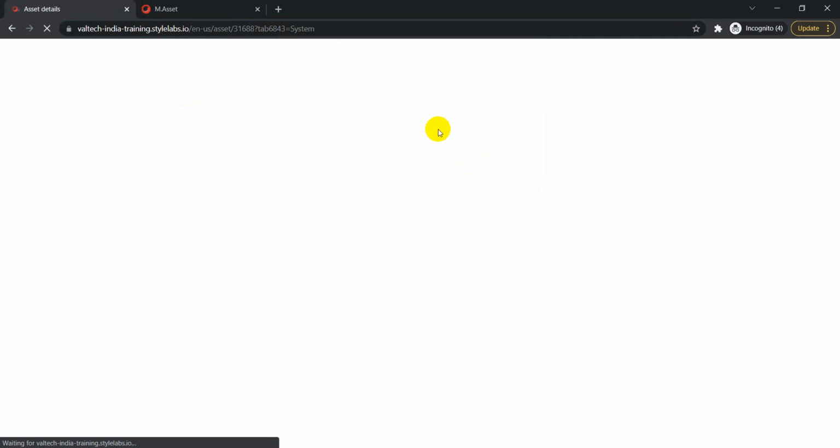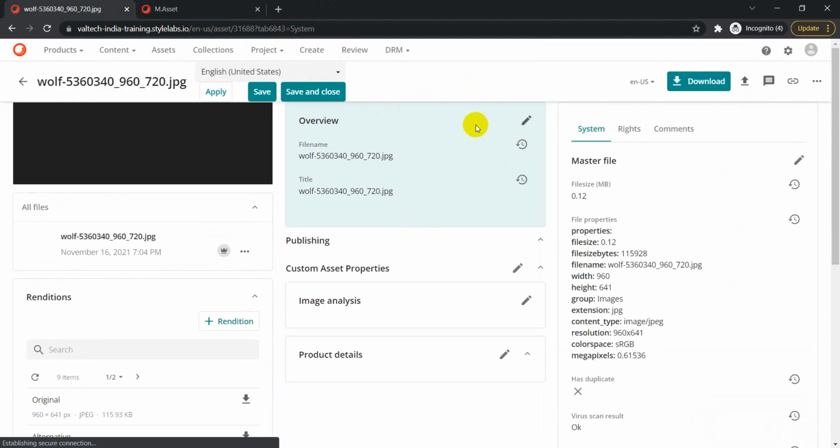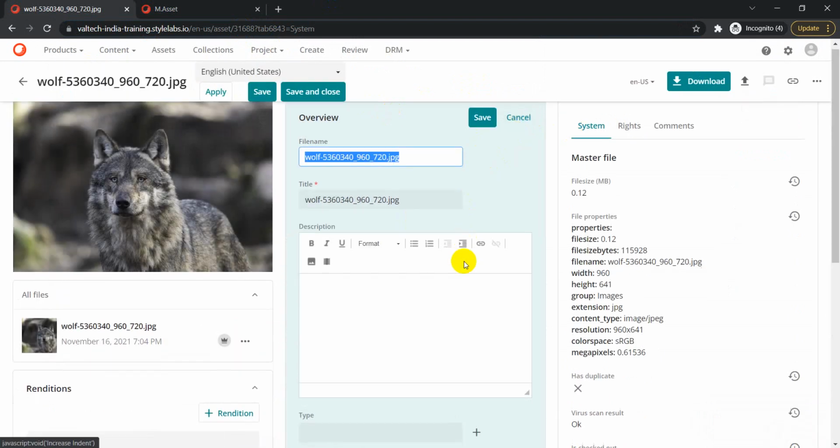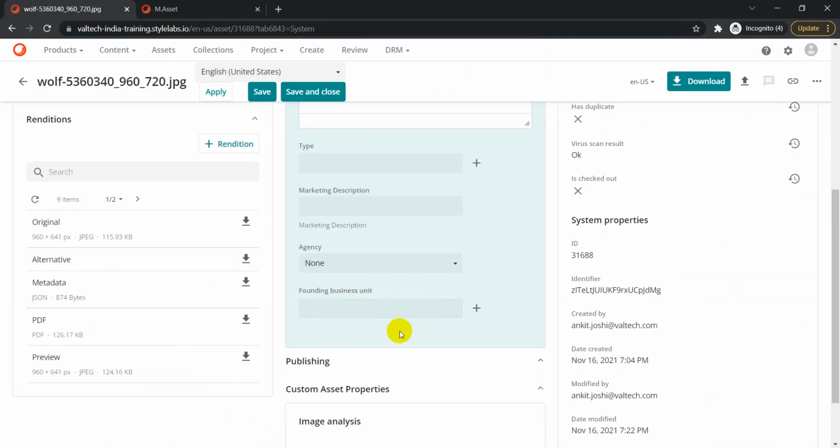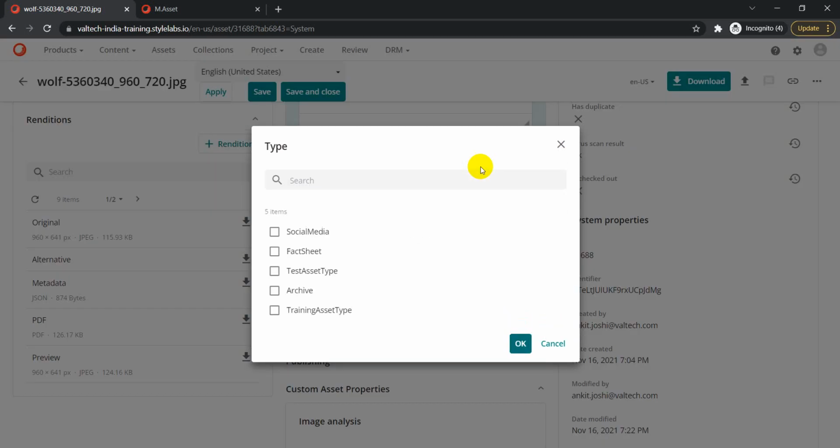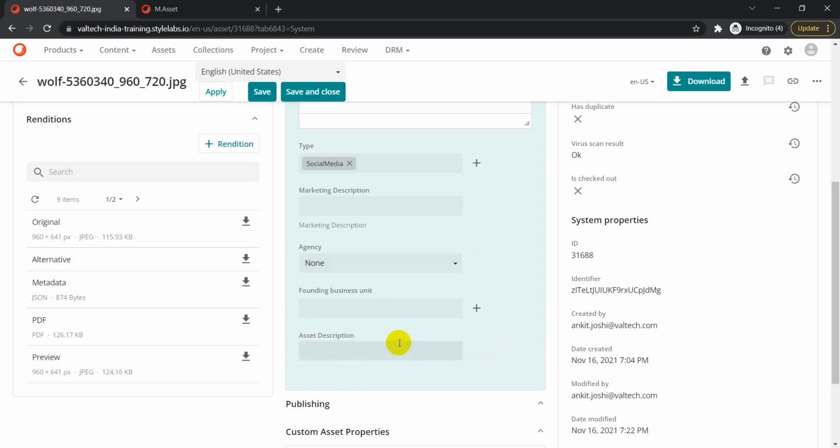And let's just see what change we see here. So on the asset detail page, now we have this overview. Let's just click on edit, and we are not able to see that asset description here. Why? Because the asset type is not selected, which is what is actually requested by that conditional parameter there. So if I make this particular field social media, which we have set as part of a condition, just click on OK, and now we see this asset description here, right?